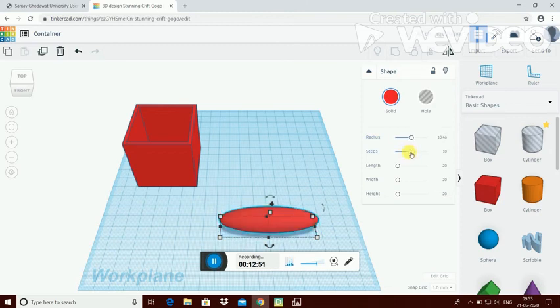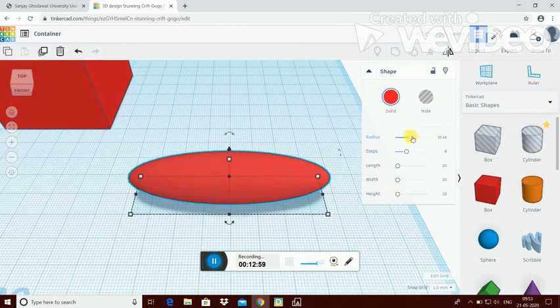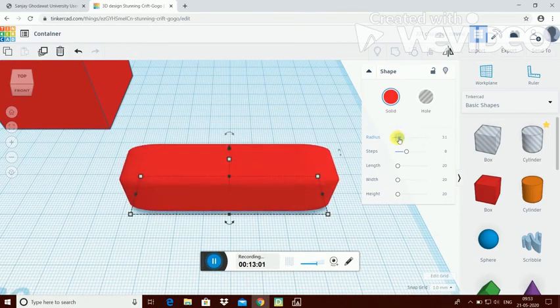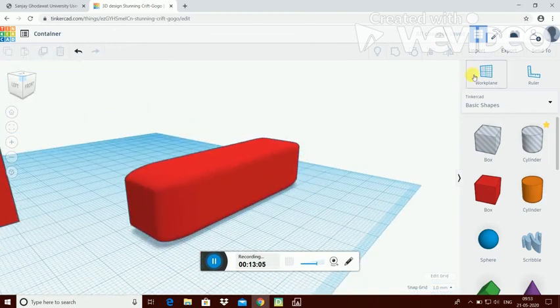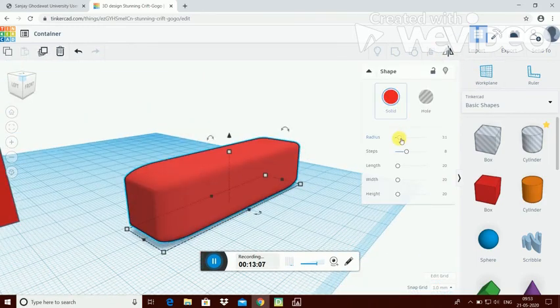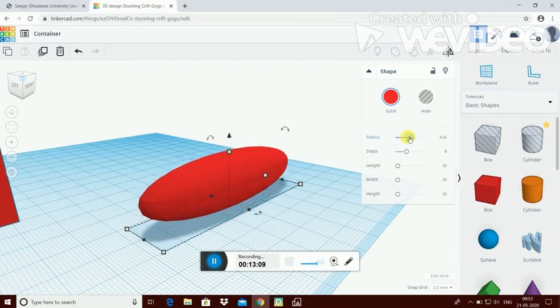By just changing the radius and steps, we can get a number of different shapes. I am just changing the radius. See, in another view you can see. Select this object and just change the radius.